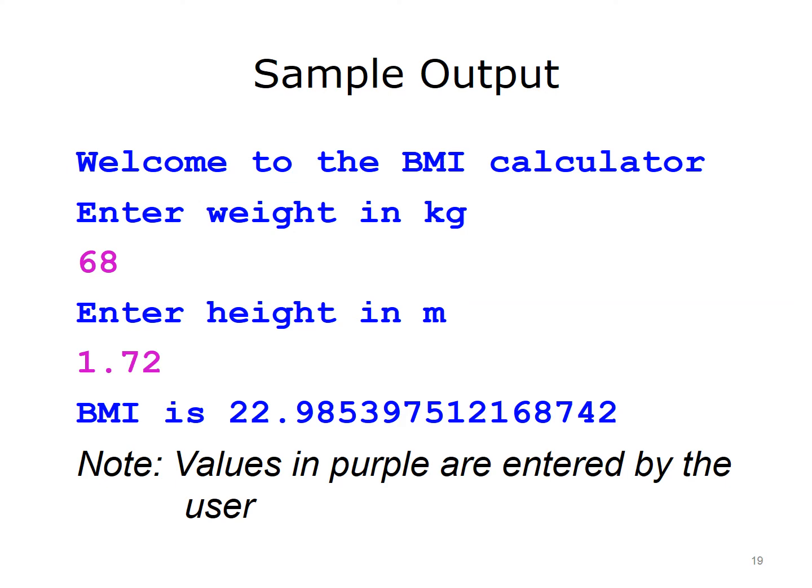The statement, "Welcome to the BMI calculator," is output. Then, the screen prompts the user to enter their weight in kilograms. In this case, the user enters 68. All values shown in purple are user-entered values. Next, it prompts the user to enter the height in meters. The user enters 1.72. Finally, after calculating the BMI, the program outputs it. In this case, it is